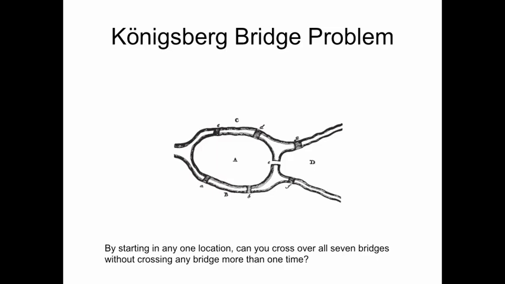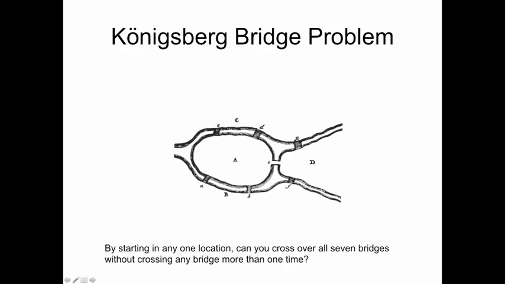The history of networks began in a town called Königsberg. At the time it was in East Prussia, and Leonhard Euler was living there. This town is now known as Kaliningrad in what is now Russia. But anyway, the question came to Euler as he was living there. Someone came to him and said, "Can you